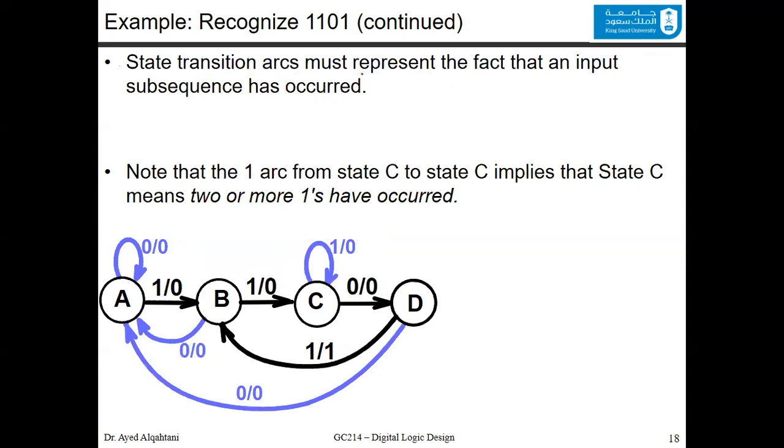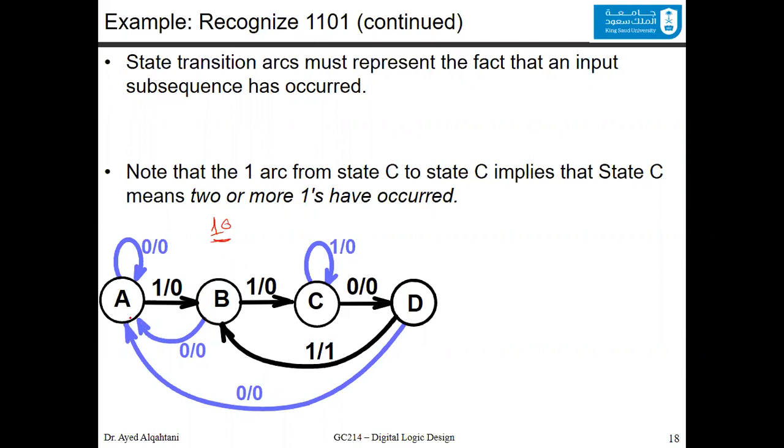The state transition arc must represent the fact that an input sequence has occurred. And for A, if you have 0 in the input, it means that the sequence didn't happen, nothing of the bits happens, and you go back to A again. Now, if you are in B and you were expecting a 1, like in B means that you already have a 1, and if a 0 happens, it means you messed up the sequence and you need to restart again